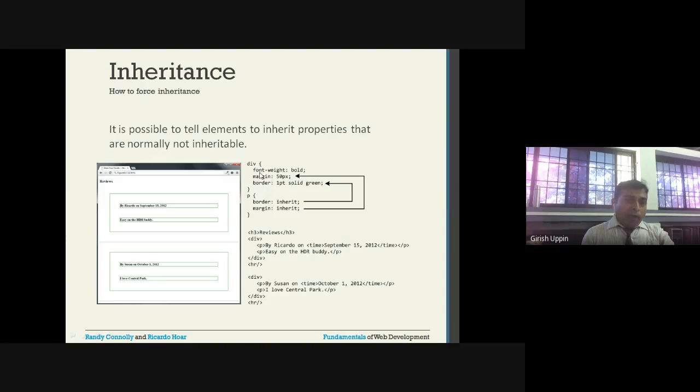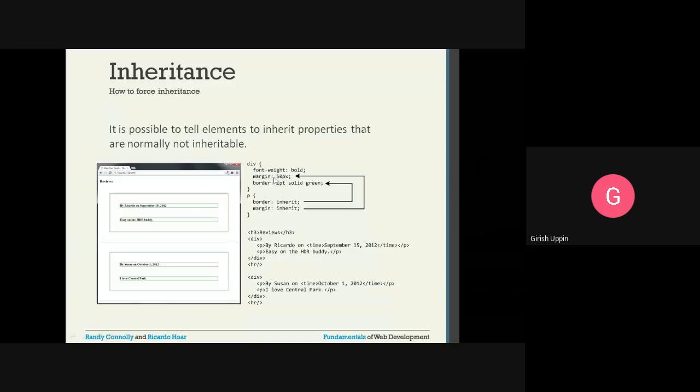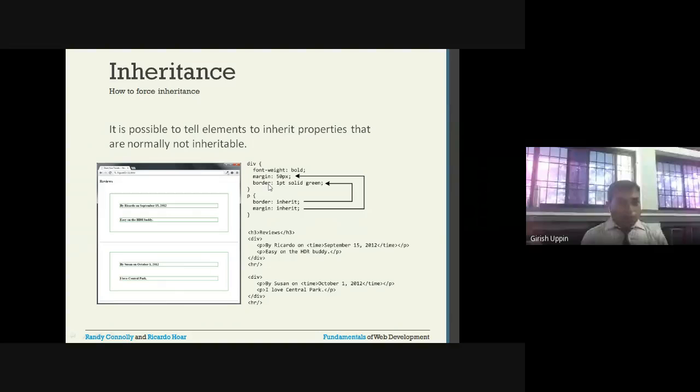By default, the children present inside will not inherit this particular margin or the border. The border is 1 point solid green. So whenever we have a division, we will have a border with a 1 point solid green line. Suppose let us say all the paragraphs inside the div.